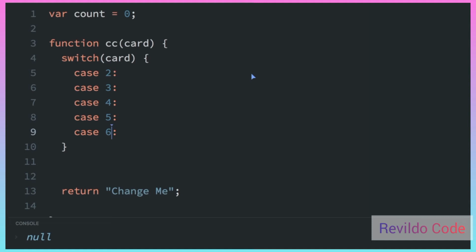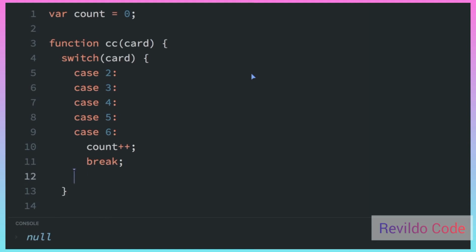So if you find a different way to write this program, that's great. So if the case is 2, 3, 4, 5, or 6, we are going to take the count value, and if we just do plus plus, that increments it by 1,